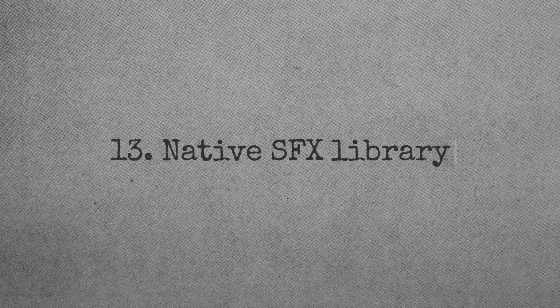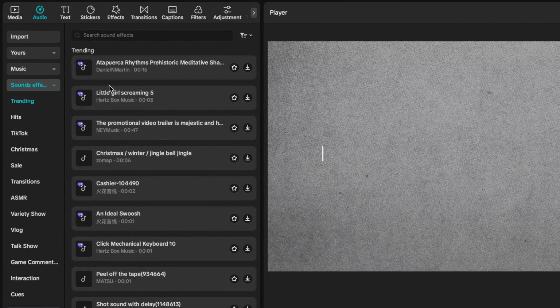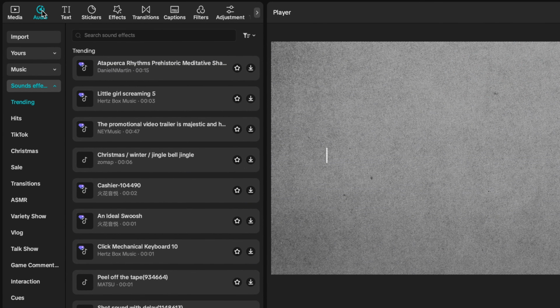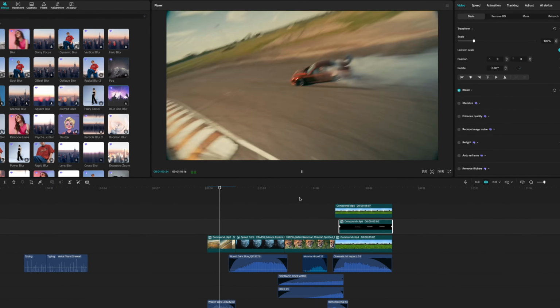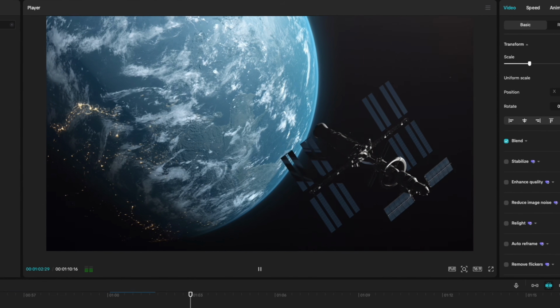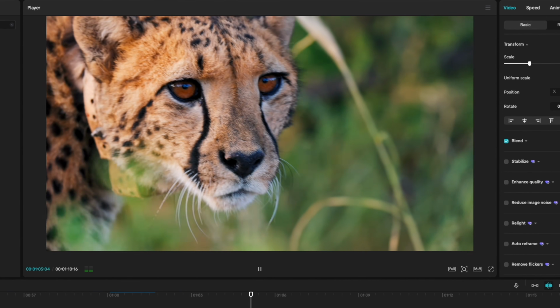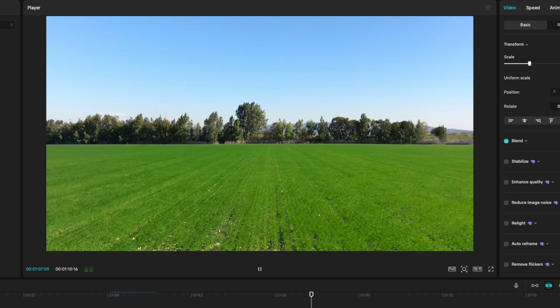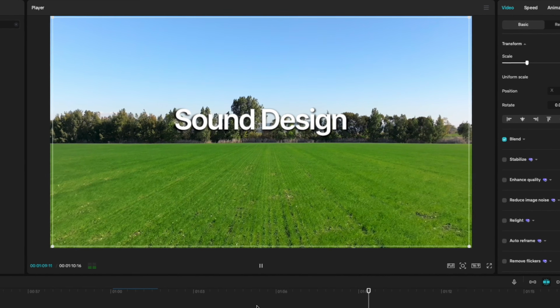In CapCut, you automatically get access to thousands of professional sound effects. Simply by going to audio and then selecting on the sound effects panel, we can search for any sound effect we wish. Add whooshes and swishes to any movement and transitions. Add risers to create anticipation in your video, and something called a hit when you make an important or lasting